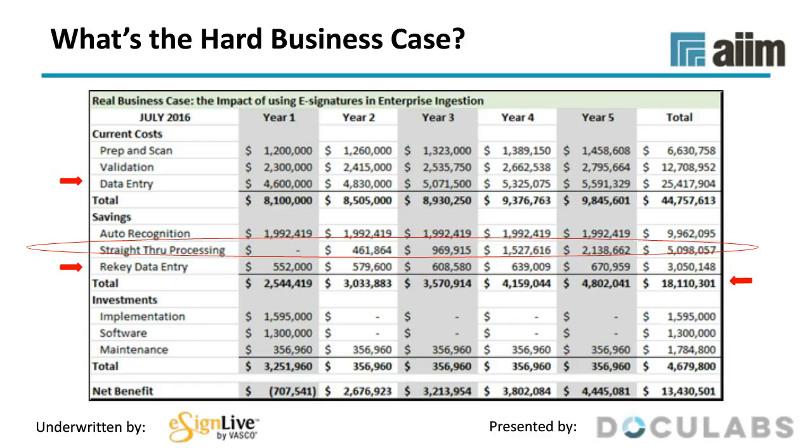Now, e-signatures are a big piece of this because they allow all digital processes that can be processed straight through with minimal human touch. So folks filling out forms and approving workflow steps can do it digitally, so no paper and no OCR processes are needed. And we're not assuming magical automation. We're assuming about 10% labor on those straight-through processes with QA and error correction and so on. So this is highly realistic and very conservative.